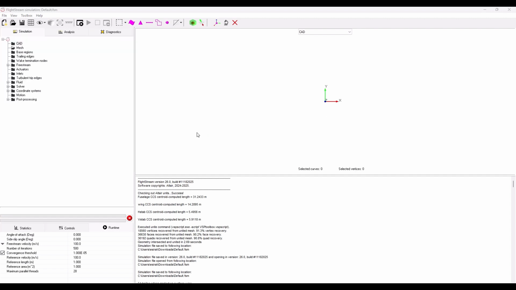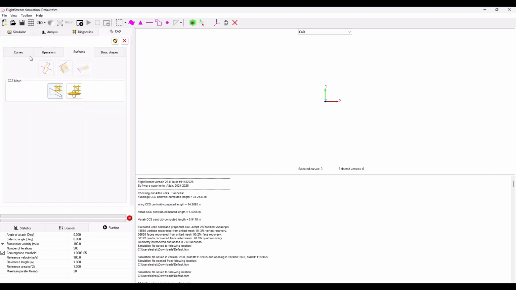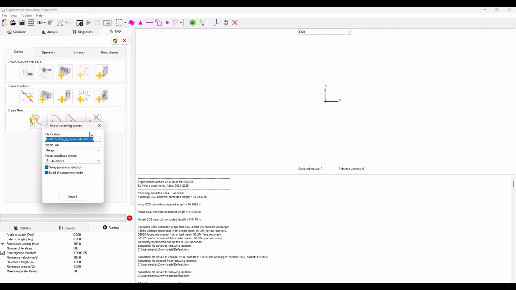An important aspect of CCS meshing is the ability to create, define, and deflect control surfaces. Begin by recreating the wing mesh using the CCS options as previously discussed.